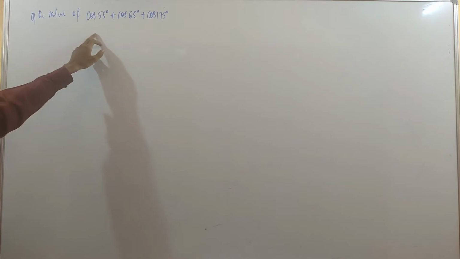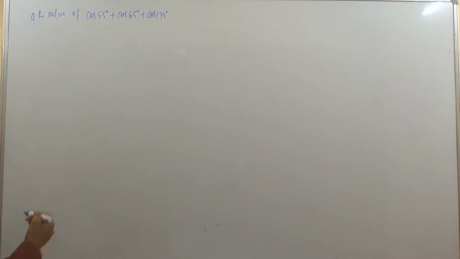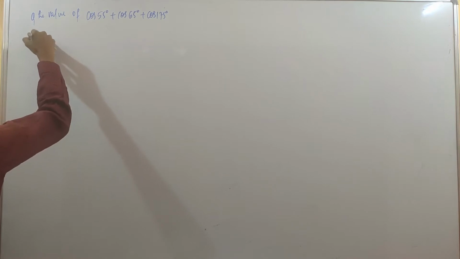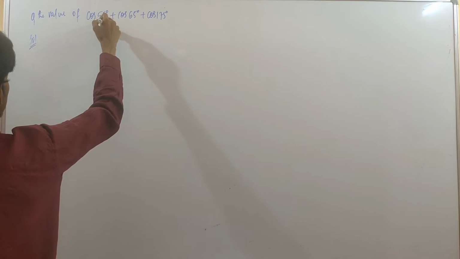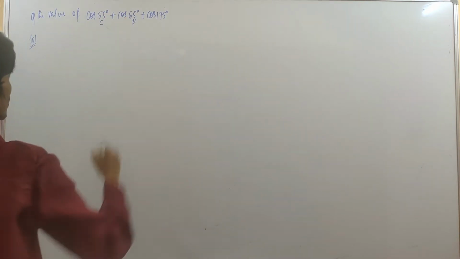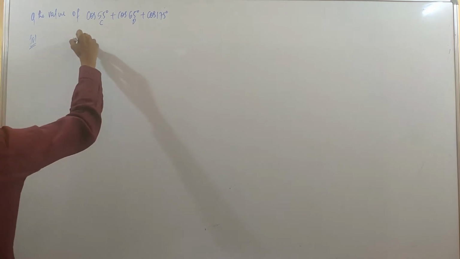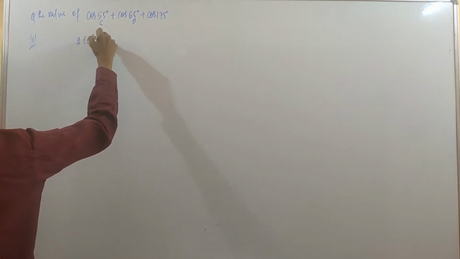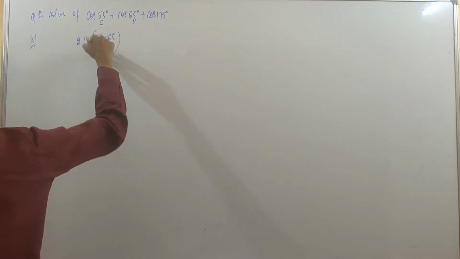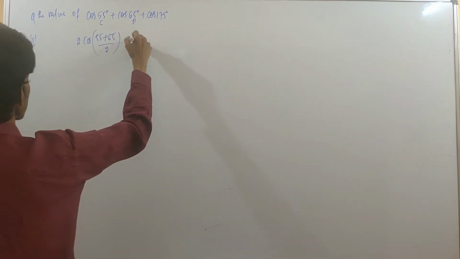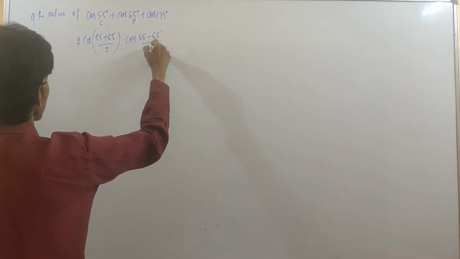The value of cos 55 degree plus cos 65 degree plus cos 175 degree. Now this can be treated as C and this is treated as D. So this is in the form of cos C plus cos D. The value will be 2 cos (C plus D)/2, that is (55 plus 65)/2, into cos (C minus D)/2, so (55 minus 65)/2